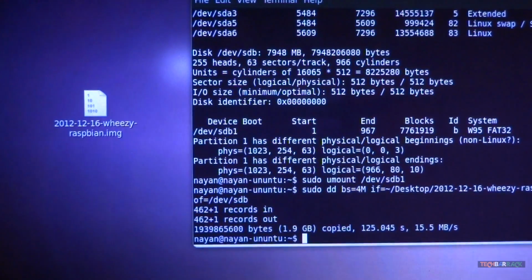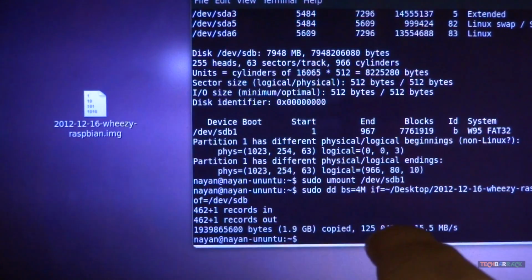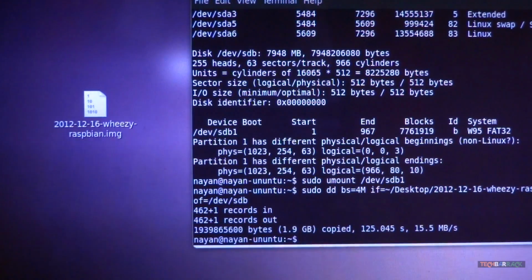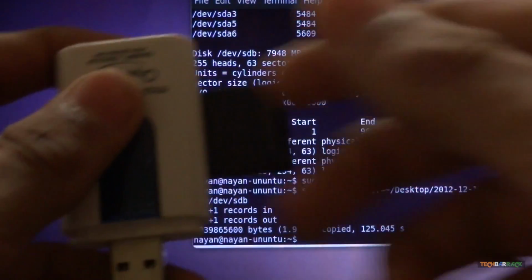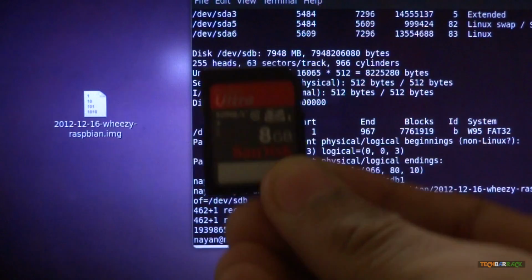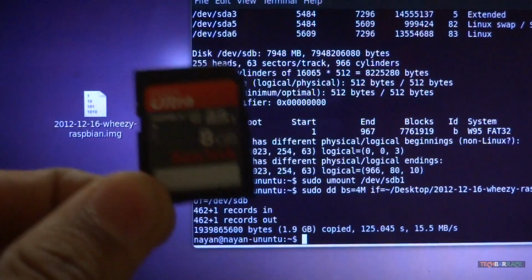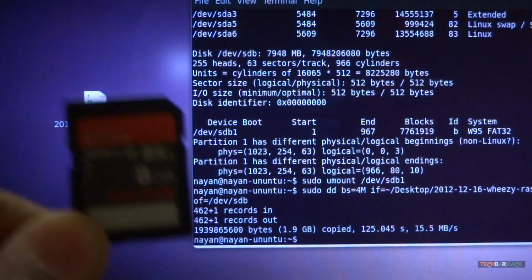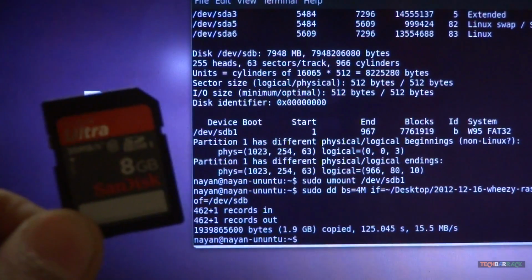So as you can see, it is showing that the files have been copied and it took 125 seconds, that's approximately 2 minutes. Now you can directly eject the device, that's the SD card, and there we go. So we have a bootable SD card now. So that's how you make a bootable SD card from your Linux machine, and for your information, I was running